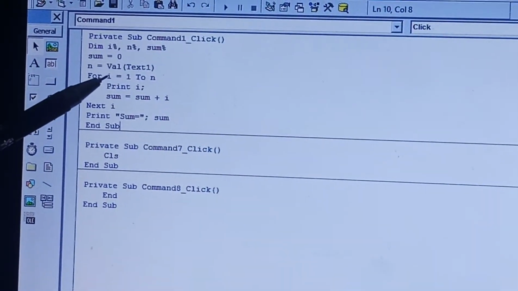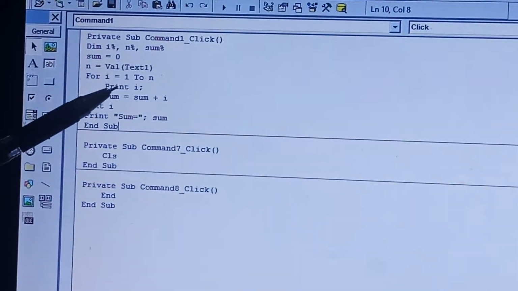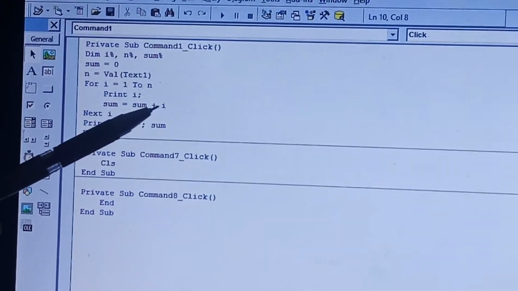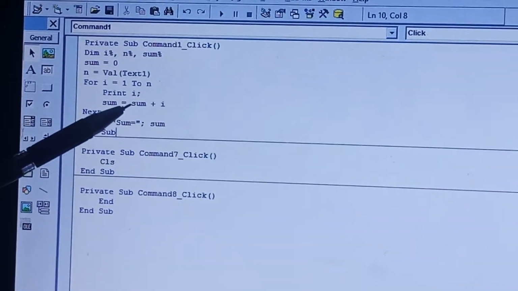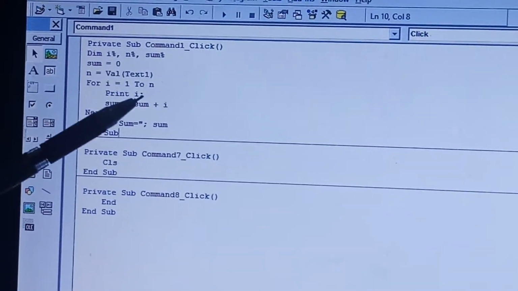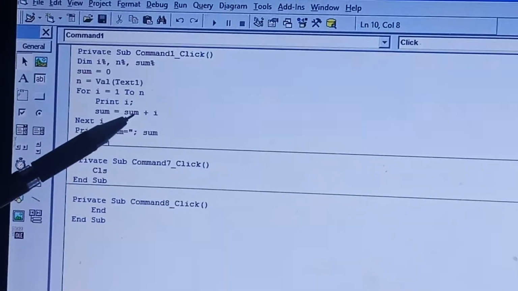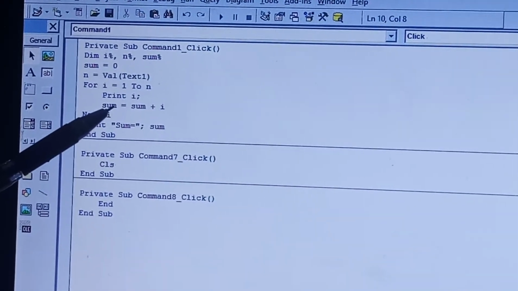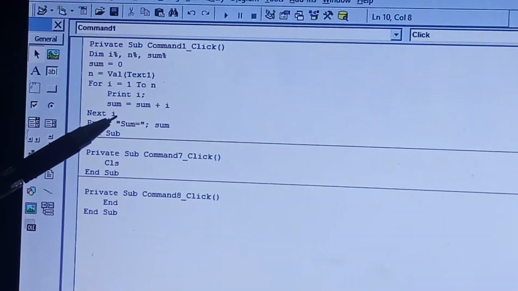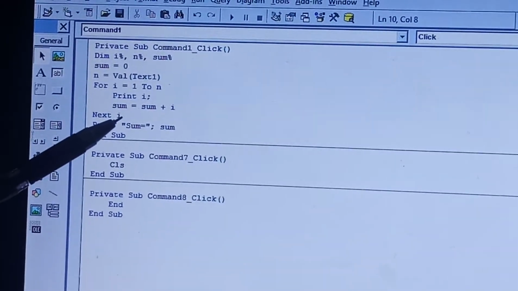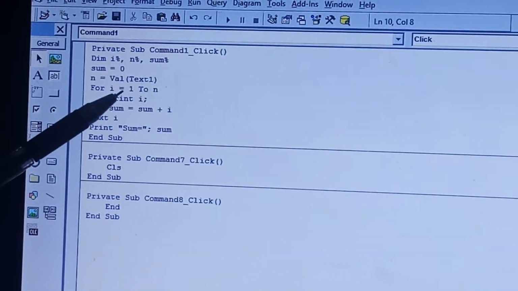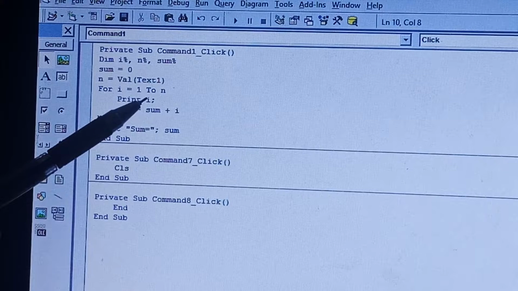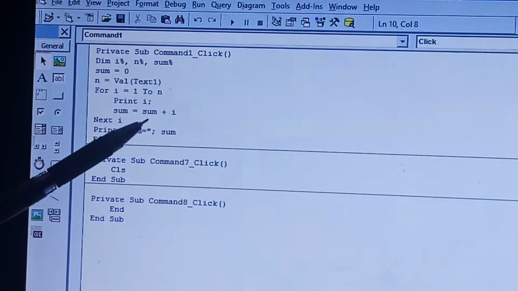So the first value of I is 1. Sum is equal to sum plus I. The value of sum is initially 0. Now 1 will be added to 0. So the value of sum now becomes 1. Next the counter I will become 2. Let's go back to the for loop, print the value 2 and add 2 to sum.